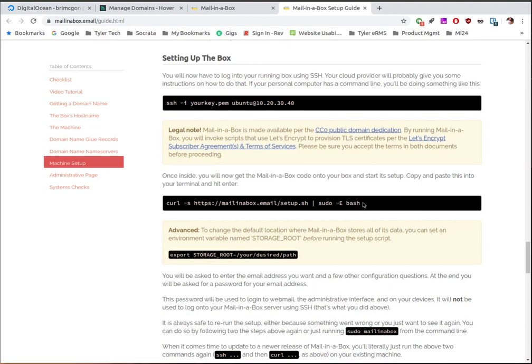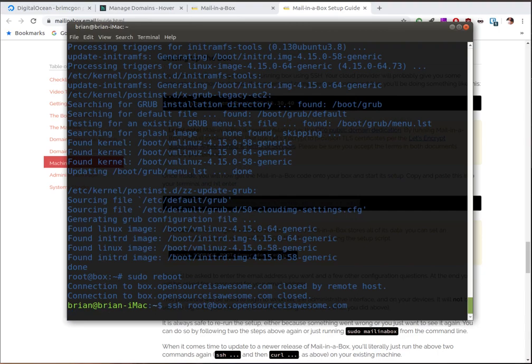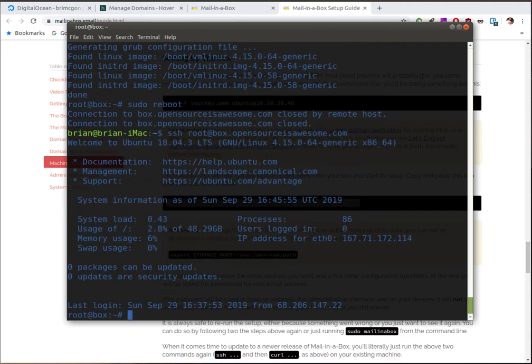While we're waiting on that to reboot, we're going to highlight this next command. This is actually going to go out and grab the script that sets everything up for Mail in a Box. We're going to go back over here, and I'm going to tell it to SSH back in. We're back in, and I'm going to